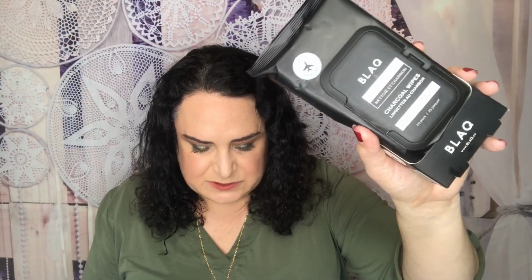So to take off my makeup, I do a two-step. This is their exfoliating wipes, retail for $19.95. Does it say how many in here? There are 25 in here. And these wipes are pre-soaked with charcoal and AHA, cleanse and gently remove dead skin cells. And it says our wet dual-sided black wipes are pre-soaked with detoxifying charcoal, exfoliating glycolic acid, AHA, and vitamins A,